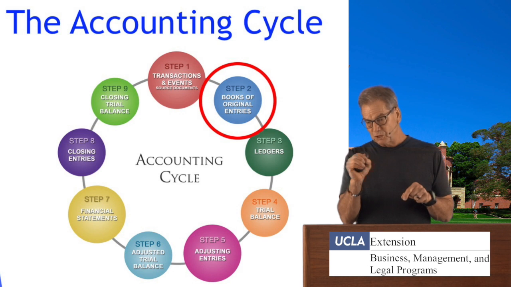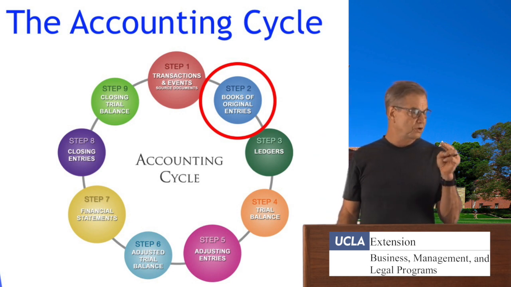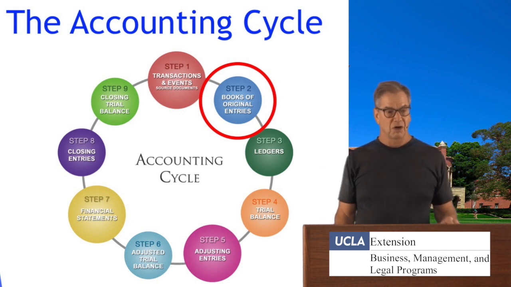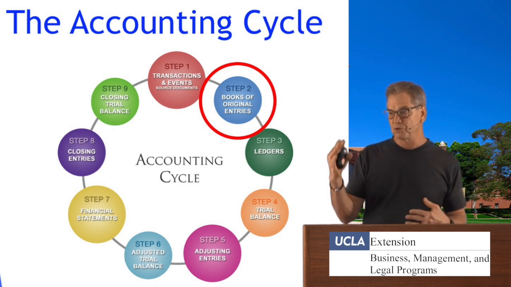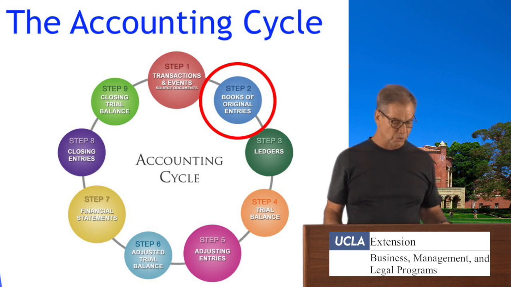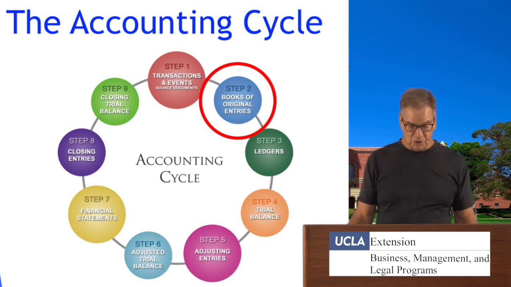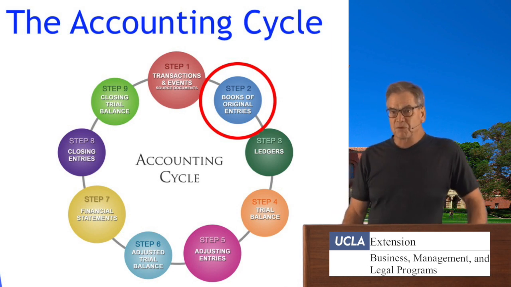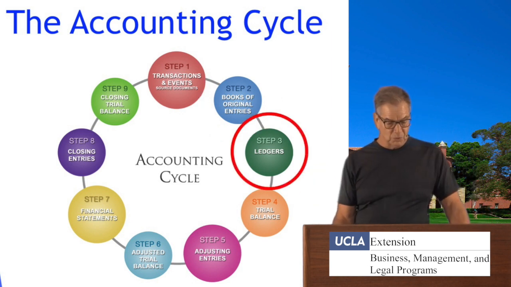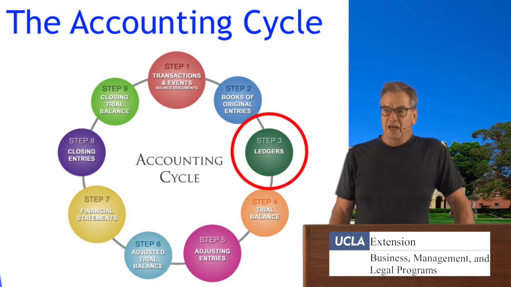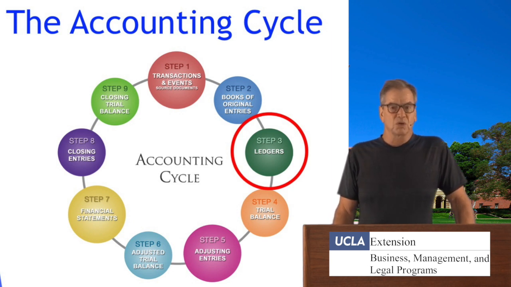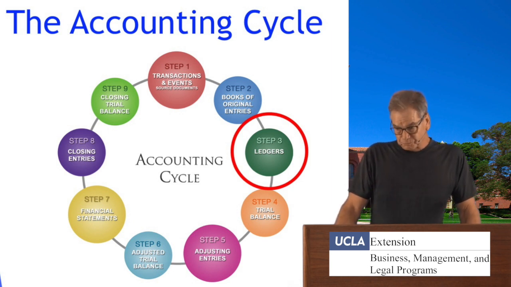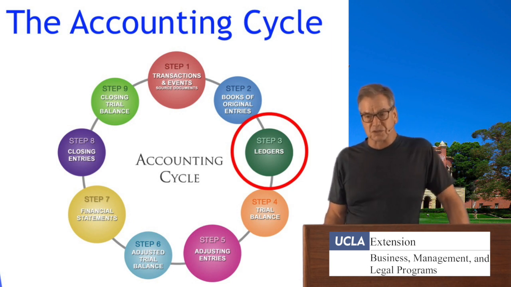So whether it's a handwritten journal or whether it goes into an iPhone and is transferred into Quicken or QuickBooks, and there are ways that your credit card statements can be automatically downloaded into Quicken or QuickBooks. But this is where it actually gets entered into the accounting program. Then from there, we generate ledgers. And ledgers are the general ledger chart of accounts. So it's a printout of the accounting equation. And this is where you can see our balances.